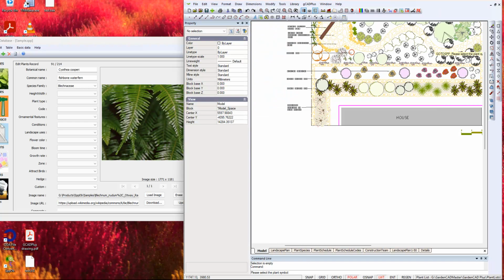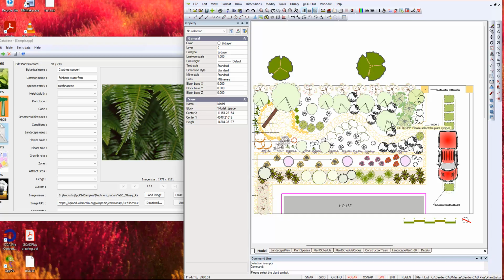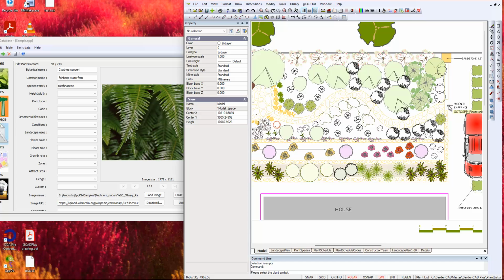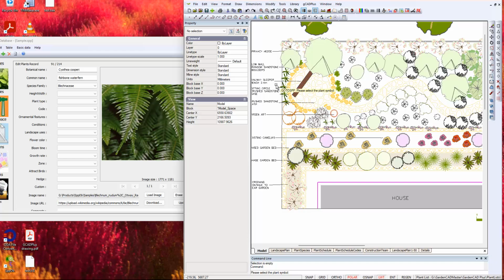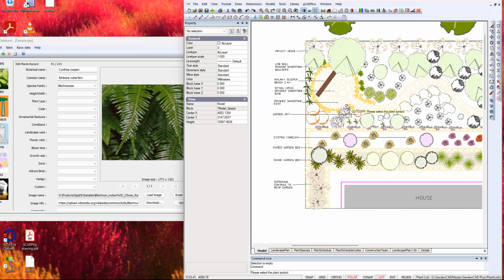Let's zoom out a little and pan across. It's a very detailed garden, a front garden with a little aggregate walkway through here leading to a low stand, an enclosed sort of outdoor seating area and so on. So your client can be given all those tools and can work with you to improve the information and keep it updated. And some of our users have clients where they want to keep maintaining records for their garden,